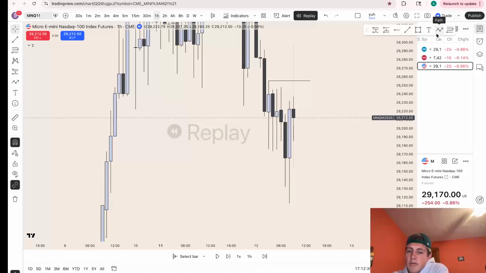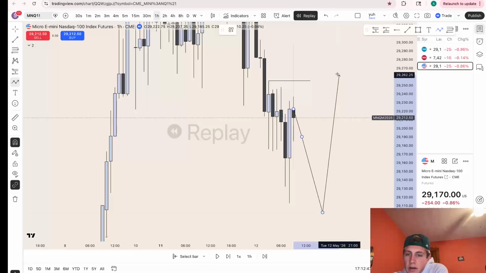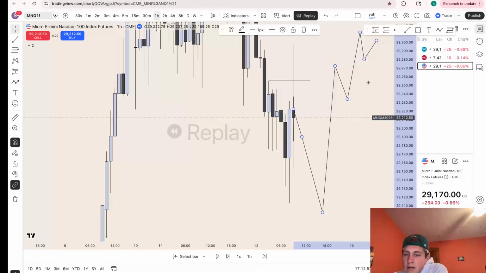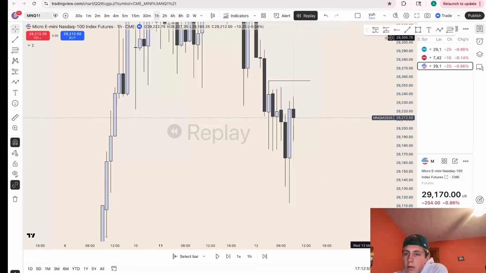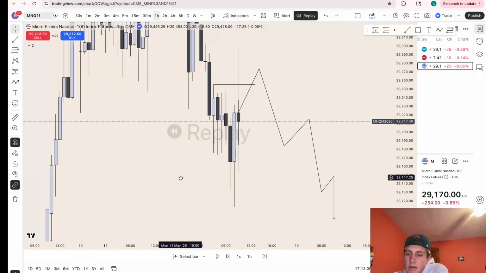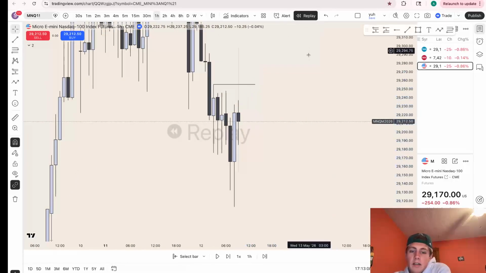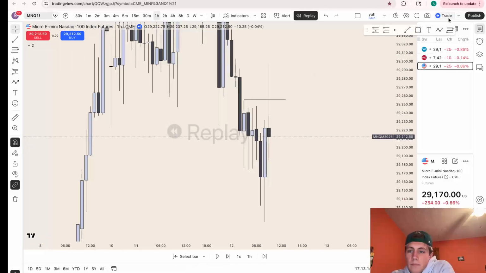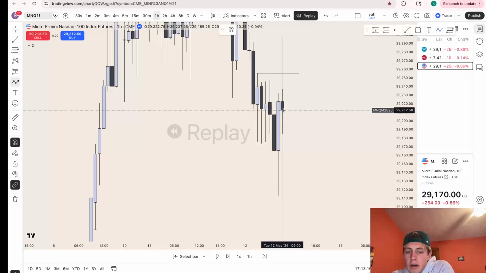Because my scenarios were either we go down here, or we could go down here and then target up here, and then we start a buy model, or we go up and continue selling off. We had another unfilled 4 hour down here somewhere, so I could see continuing to be bearish. Or, we do both, which is what ended up happening.